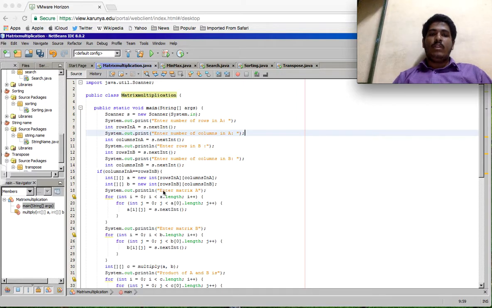System.out.println("Enter the matrix A"); for (int i = 0; i < A.length; i++) for (int j = 0; j < A[0].length; j++) A[i][j] = s.nextInt(); System.out.print("Enter the matrix B"); for (int i = 0; i < B.length; i++) for (int j = 0; j < B[0].length; j++) B[i][j] = s.nextInt(); int[][] c = multiply(a, b);